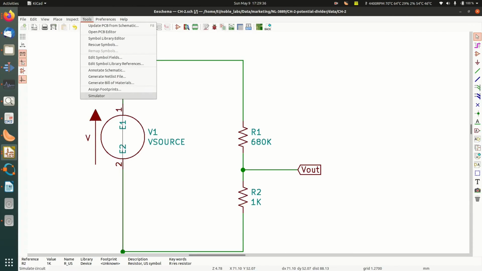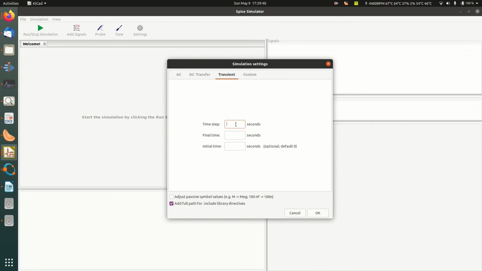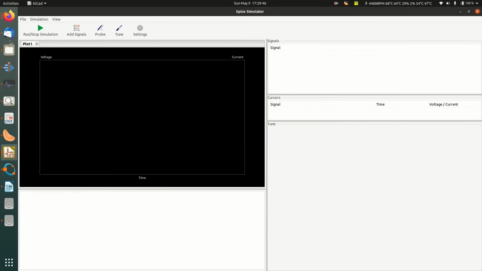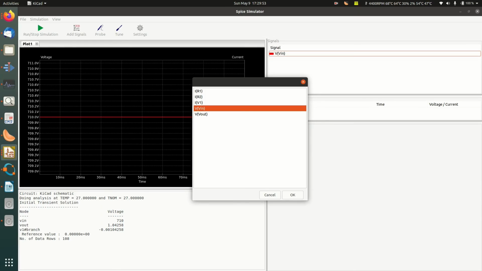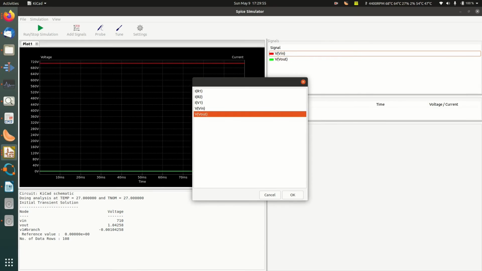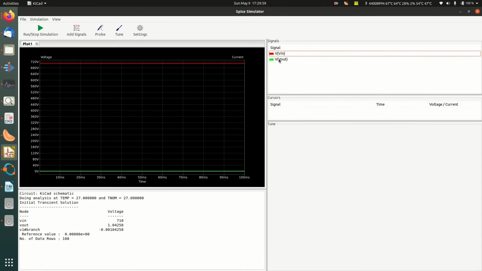Simulate the circuit again. Go to settings, go to transient, time step is 1 millisecond, 100 millisecond, 0. Input voltage is 700 at 10, and output voltage, I don't know what it is unless we place a marker.